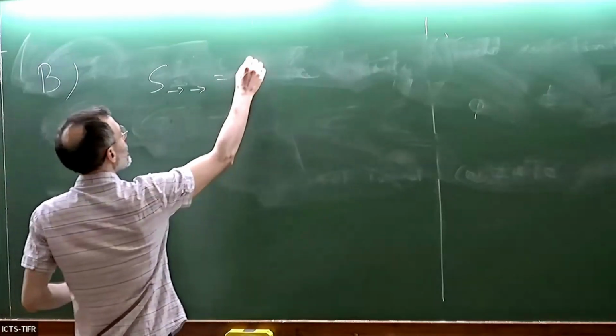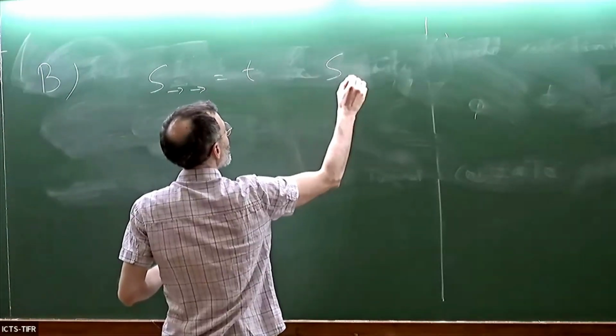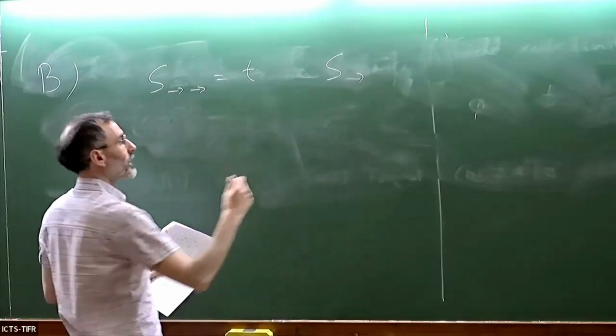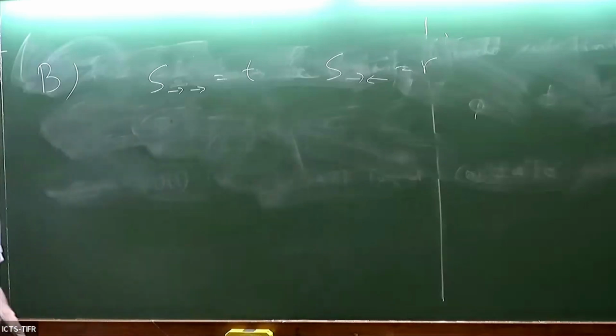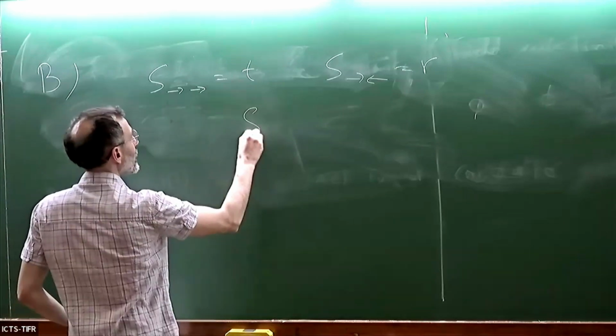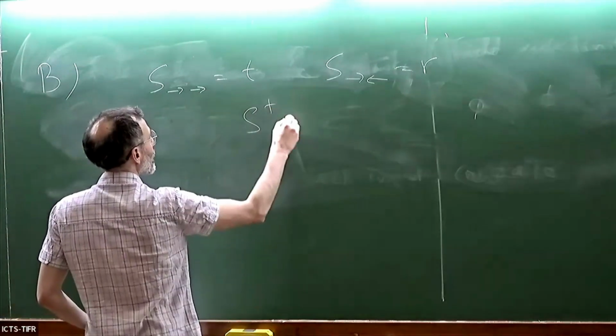That is the transmission coefficient, and S of an incoming wave and then reflected is the reflection coefficient. So I can rewrite that unitarity condition that I wrote before as S dagger S,